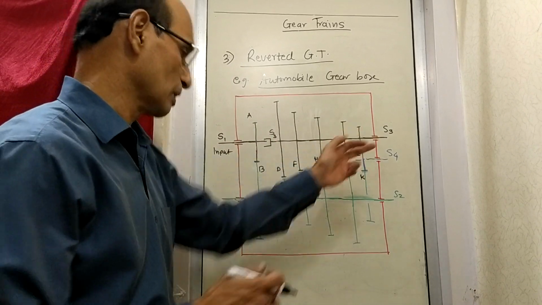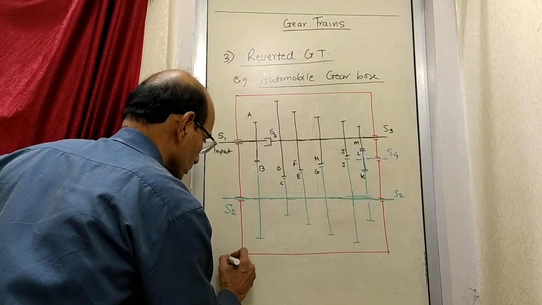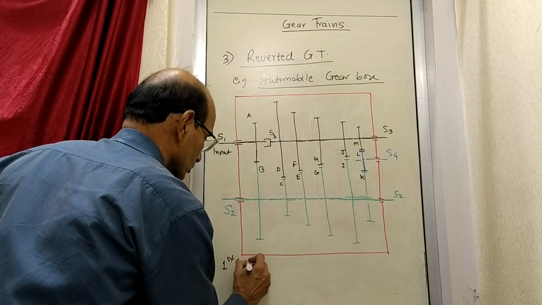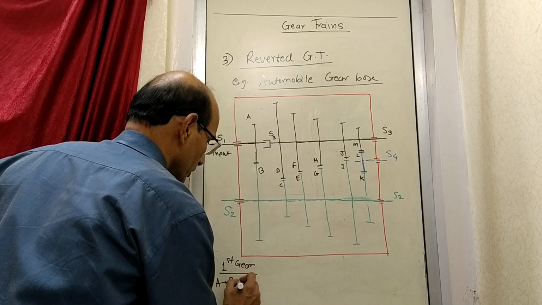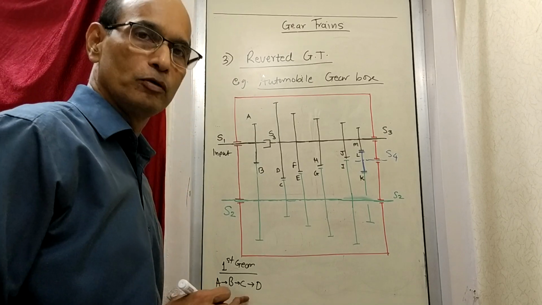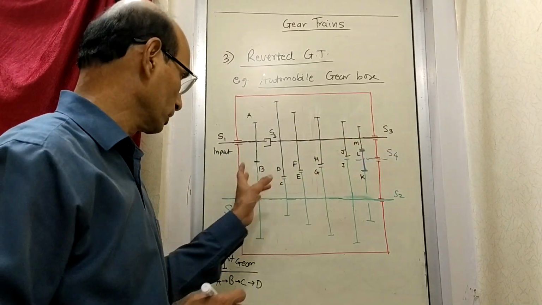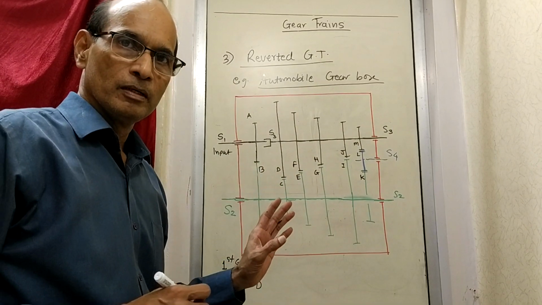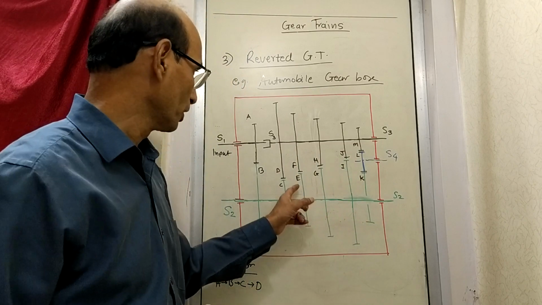C to D, and then I'll write here, first gear: A to B to C to D. Power goes from A to B, B to C, C to D, and then you get a certain ratio depending on the diameters. Now when that happens, here at the moment the figure is drawn in such a way that E is in contact with